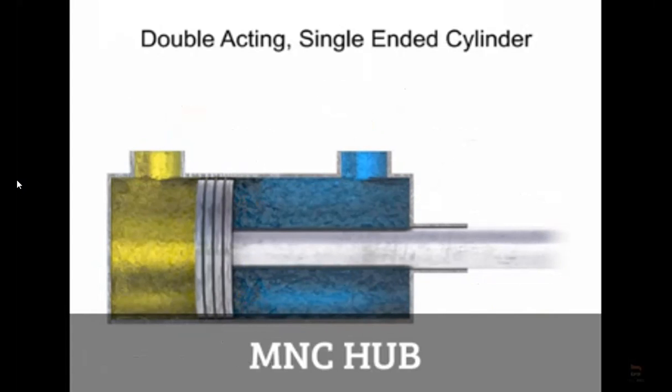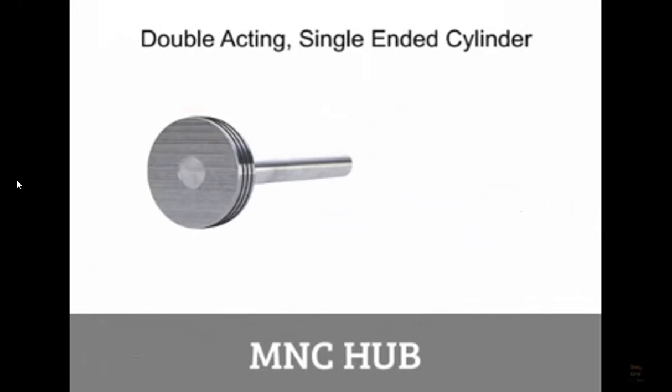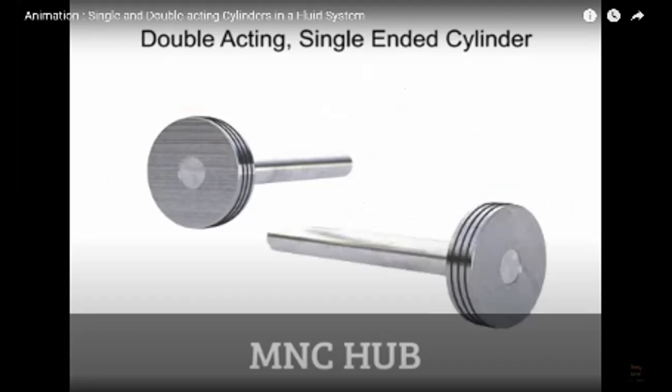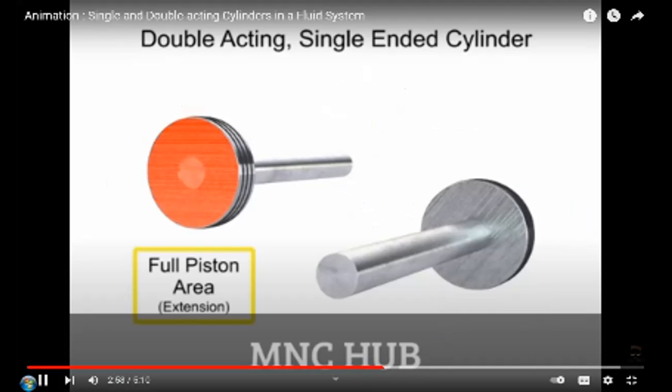To determine the speed of a piston during extension and retraction, we must first determine the significant working areas. The full piston area is the side of the piston. The significant working area is called the